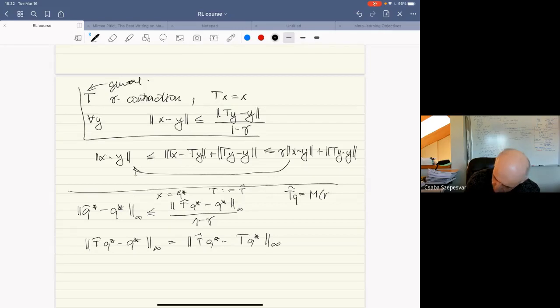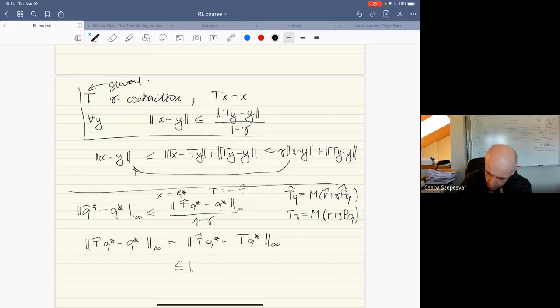T hat applied to Q. Just recall that this is how it looks like, and this is how T looks like. It's the same M, just the data is different. Sorry, it's a hat here, and there's no hat here. So they look the same, except that the r is swapped to r hat and p is swapped to p hat. So if we swap this in, we use that M is a non-expansion, then we get that this